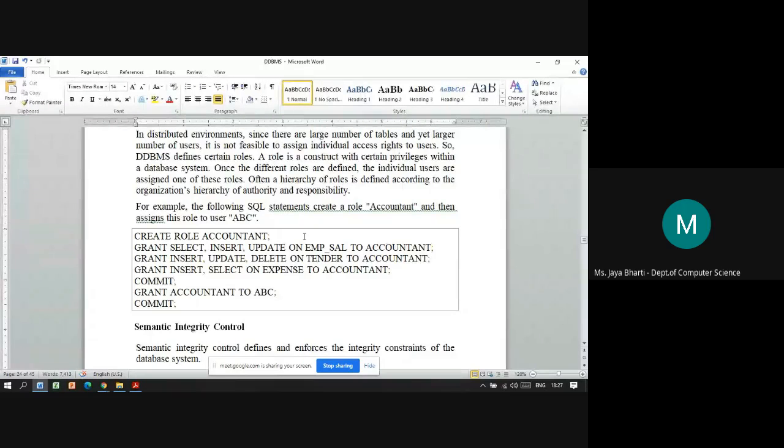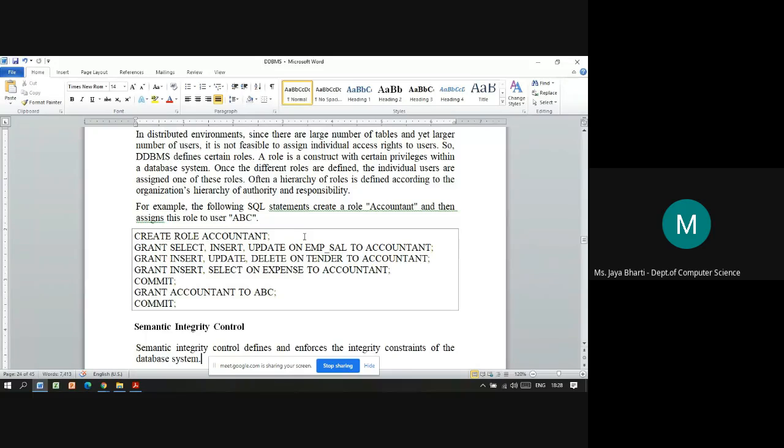Now, how do we assign the permissions or the privileges to that user or to that role? Using grant. Using grant and revoke, we can assign and we can also remove. Here they have assigned select, insert, update, these three operations, to the accountant on the EMP underscore sal table.